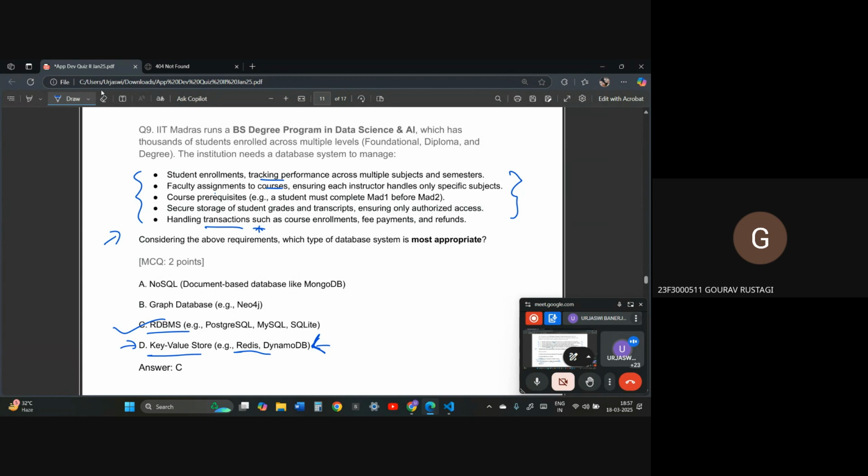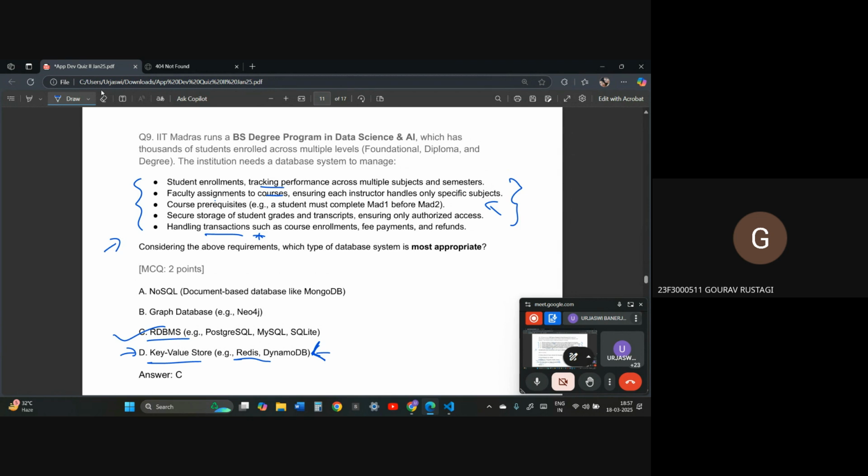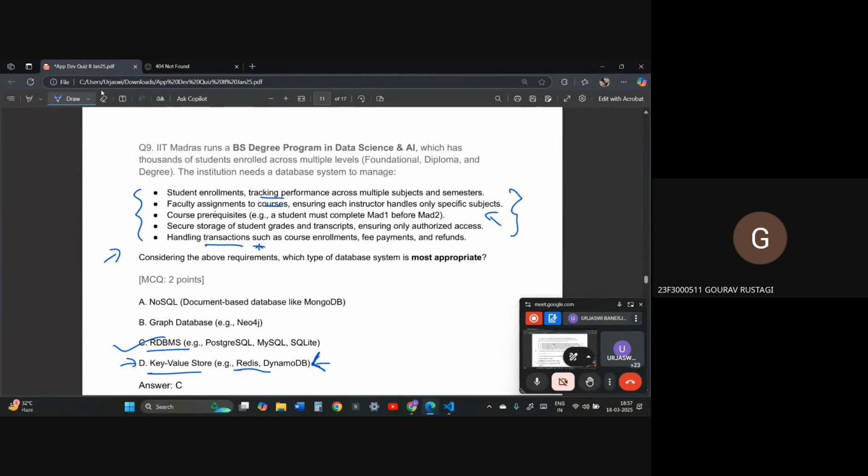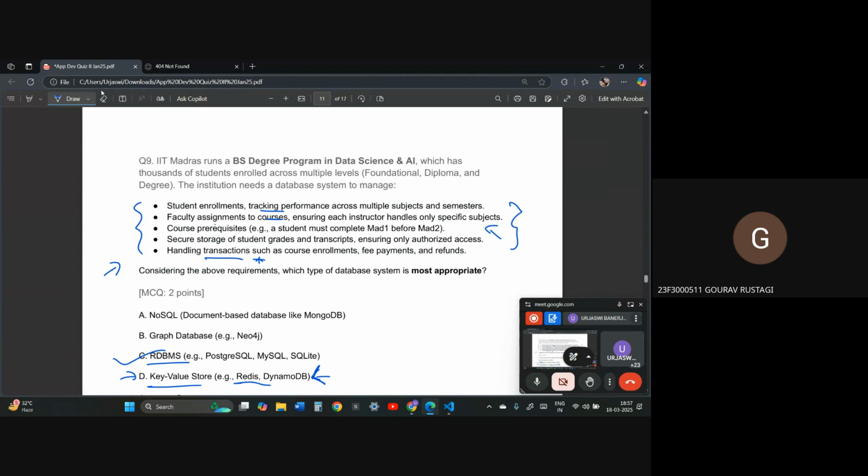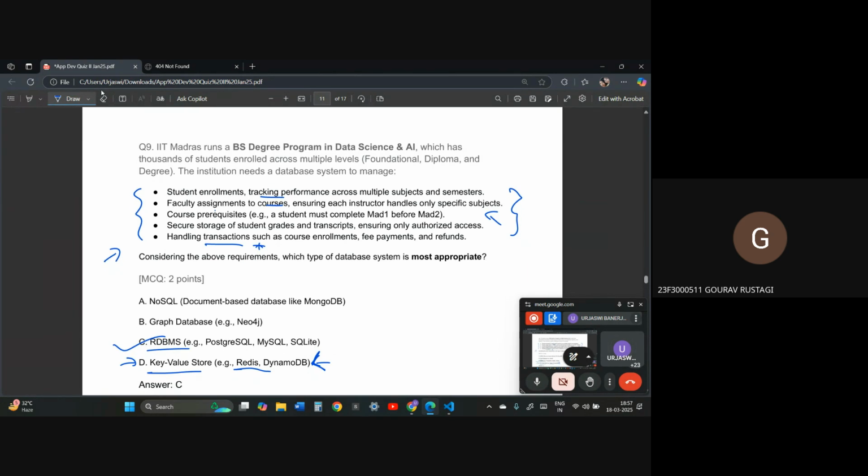But ma'am, as you were told in the notes also, the key value is basically for the IDs and all. The key value is the most important part, and for that we cannot use an RDBMS. Yes, but the thing is over here, you need to have ACID properties. I agree with you, ma'am, for the last point, if you consider only the RDBMS. But if you go for the first point, then key value is the main thing, because they have mentioned in the notes and in the IITM lectures also that key value is used everywhere.